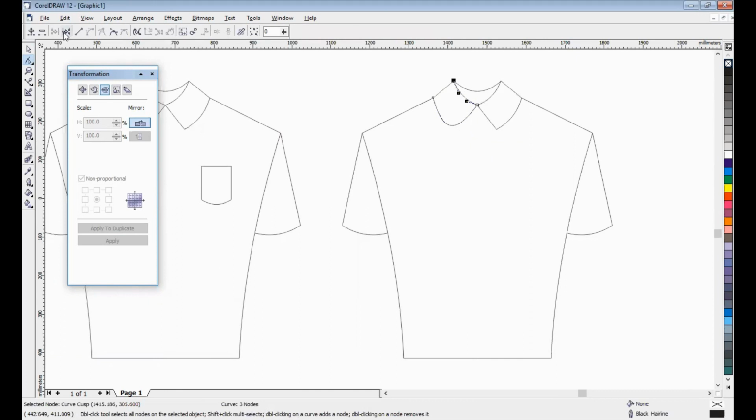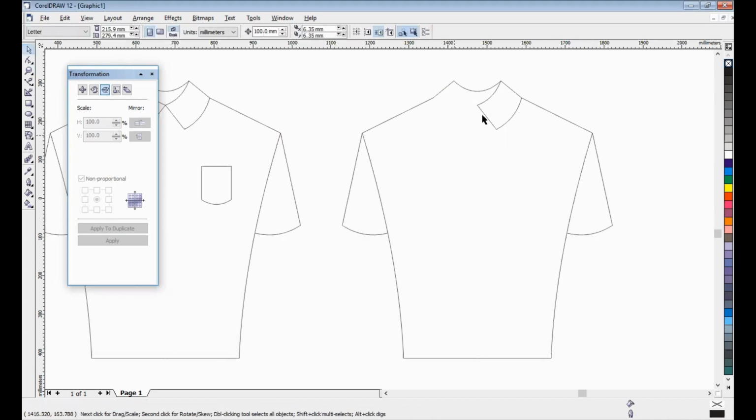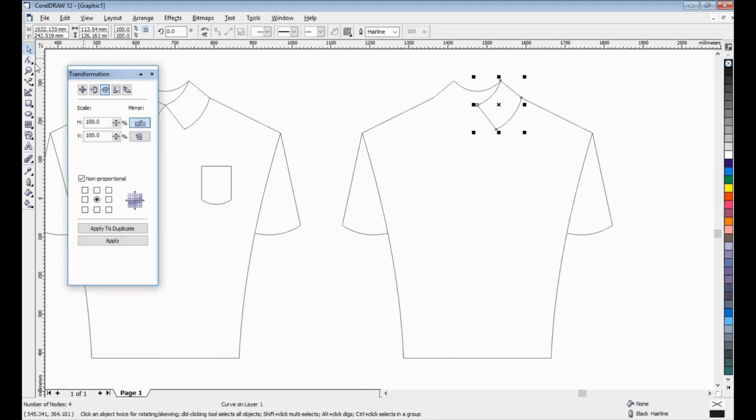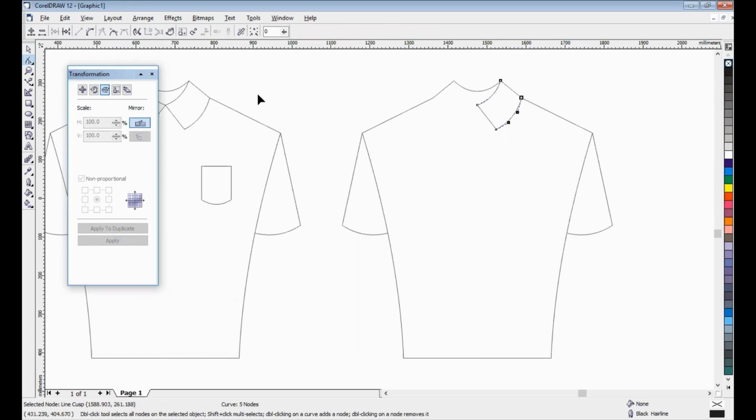Break curve here, and then break curve here, and break curve apart. Like this. Okay, and here too. This break curve, this break curve, and break curve apart.